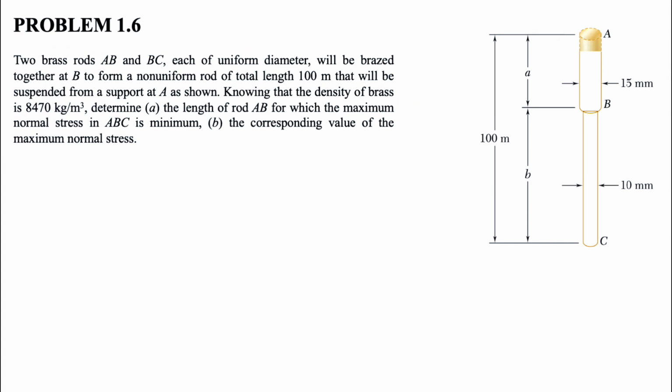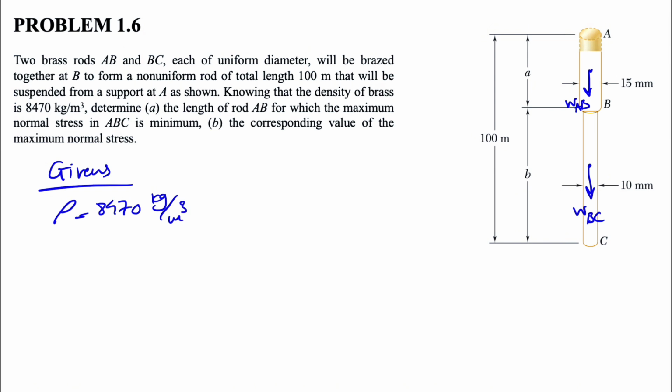So in the free body diagram, first of all we have the weight of these two rods. We can call this the weight of AB, and we also have the weight of the rod BC. The givens in this question include the diameter of each of them, which is going to help us find the area for each. So all the diameters are known. We know the density of the brass is